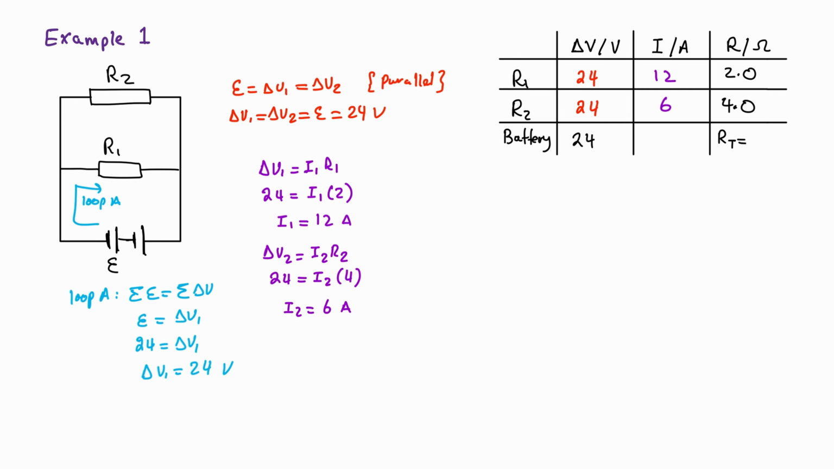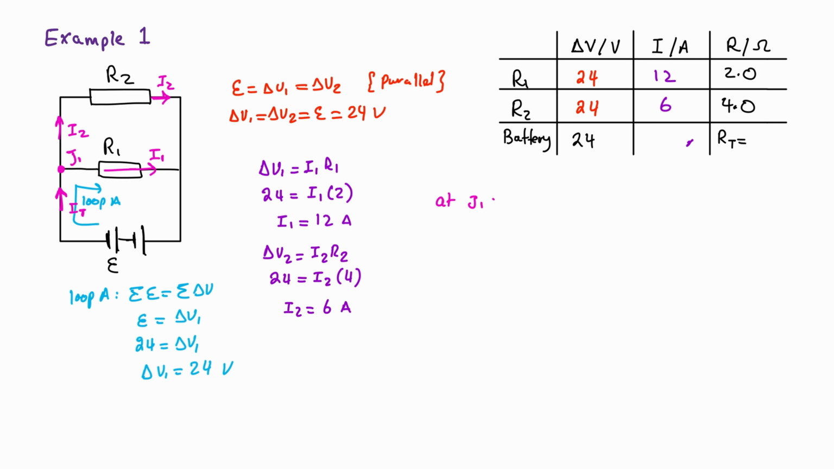To find the current here, I'm going to take a specific junction. Let's take this junction over here. I'm going to call this junction 1, and I'm going to draw the direction of current. This is IT coming directly from the battery. This is current I1 going through resistor 1, and this is I2 going through resistor 2. So